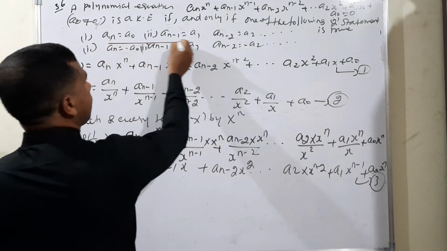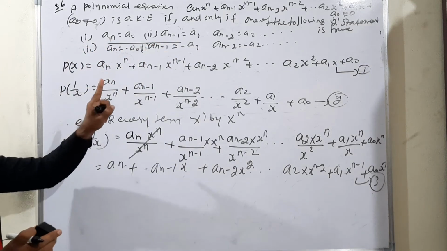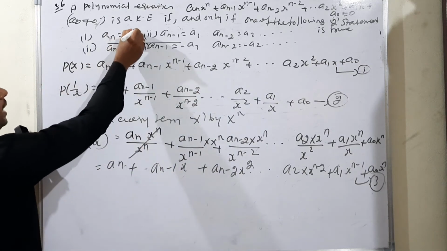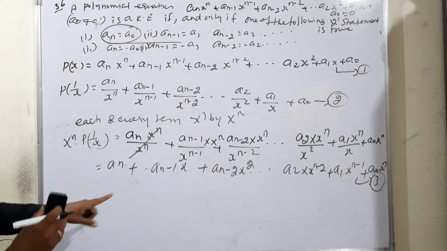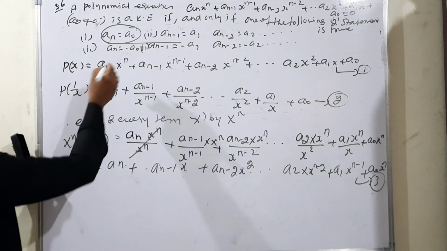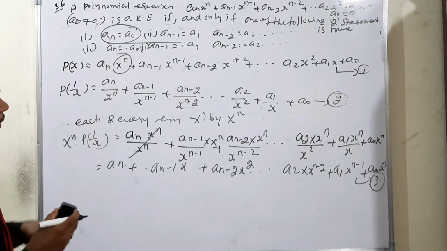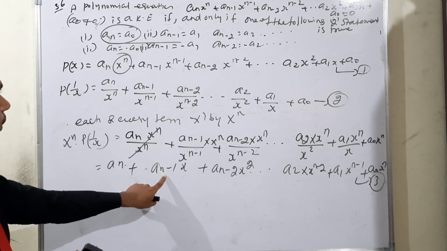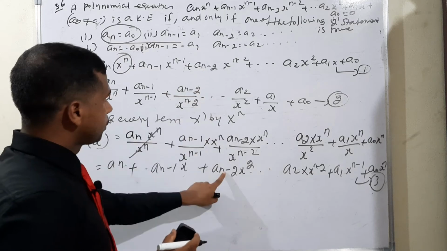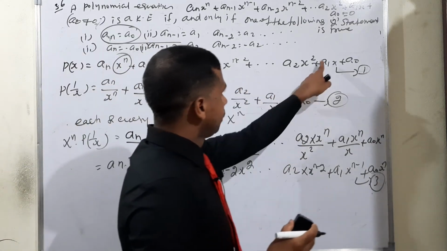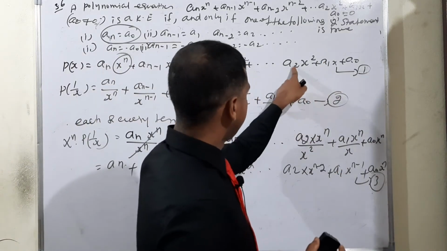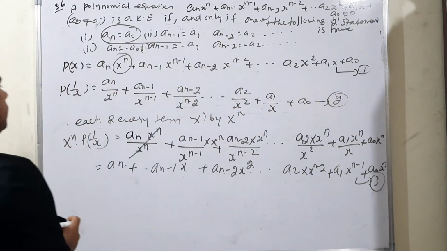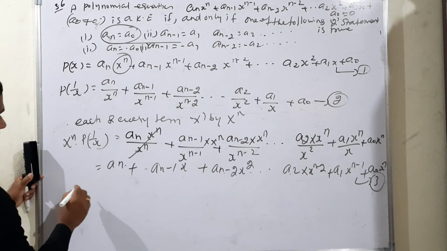I am going to subdivide. They are given two statements, true. Look at there, statement number 1, an is equal to a naught. So, an is equal to a naught means from 1 and 3, the coefficient here of x to the power n is an is equal to an. The next condition, an minus 1, there is also an minus 1. Next one, an minus 2, here a2, a2 and a1, a1, there is a naught, a naught.